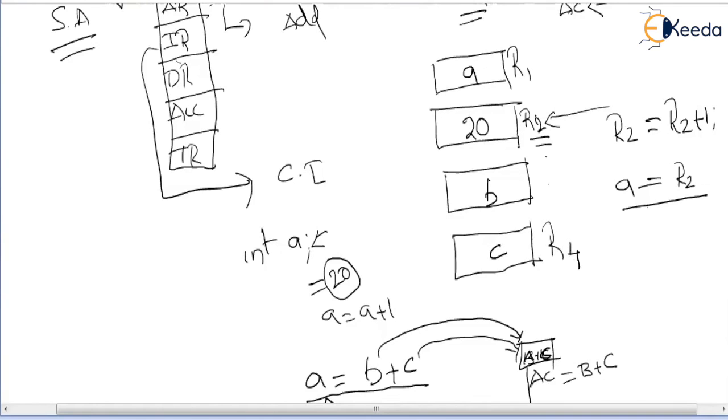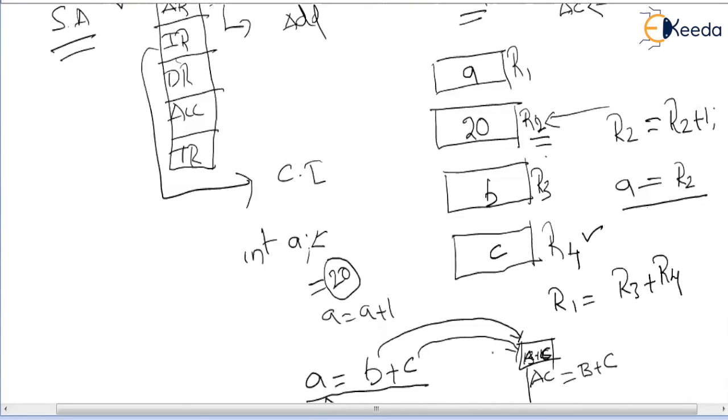Every time A is updated, R1 gets updated. Every time B is updated, R3 gets updated. Every time C is updated, R4 gets updated. So this operation will be R1 = R3 + R4, as simple as this.